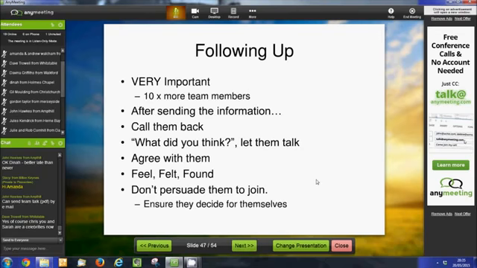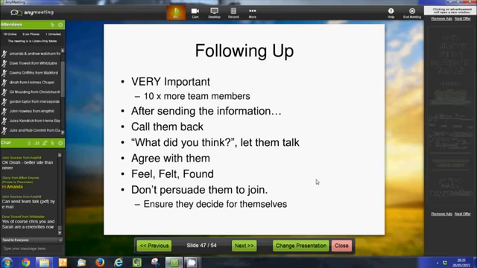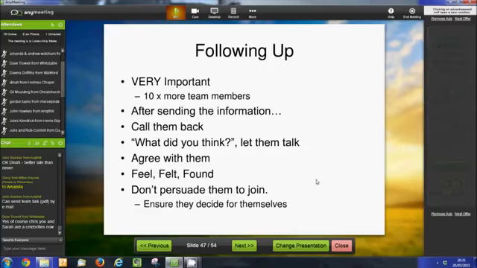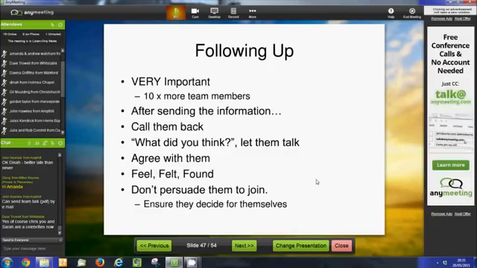But finally, and this is really, really important, don't persuade them to join. And by that I mean, if you're feeling you're having to say, "Oh yeah, don't worry, you won't have any problems, and it never rains, and everybody gives you your catalogues back, and you always earn loads of money," you're just lining them up to fail the first time they have a problem. Just give them the information, help them to clarify any questions that they've got, but let them decide for themselves whether they want to join.